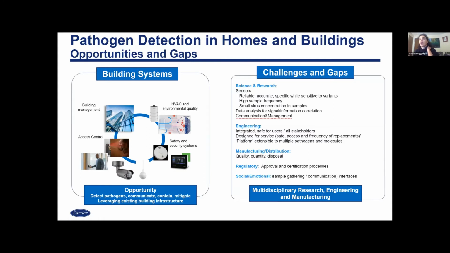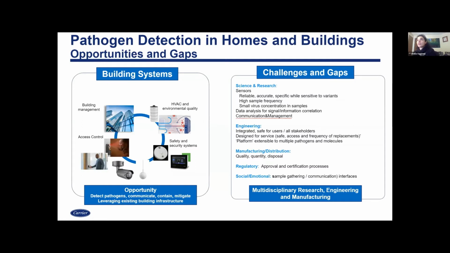On the sensing technology that can be applied in buildings, there's a level of maturity that is still very low. Temperature sensor is not good enough to detect and sense when a person is sick and is spreading the virus, but still doesn't have any symptoms. In the building systems, we have the opportunity to detect when a person or where somebody in the community, in the building, has the virus, and on several occasions, right?